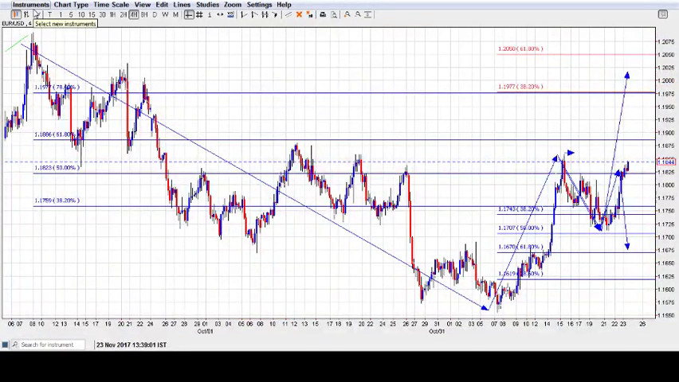And the conservative way would be to remain flat. Let's see how prices shape up in the next few hours, and then we'll take a call. Okay. So that was Euro USD. Let's go back on the